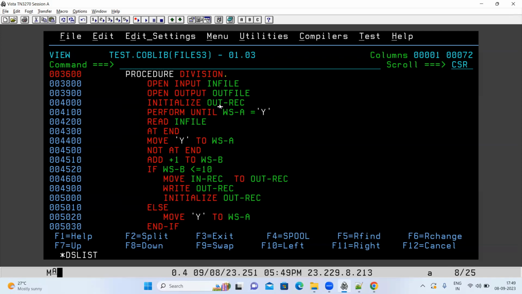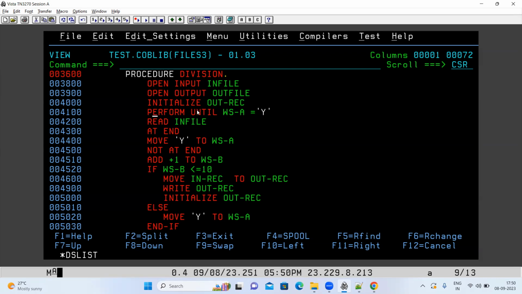Remove any junk characters from that output data. Now, since mainframe has a property that it cannot read all the records one by one by itself, if you just read the input file, it will only read the first record of the file. It is not going to read the entire records one by one unless you read this file in a loop. That is why this perform statement is very important.